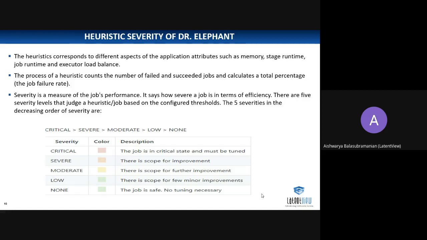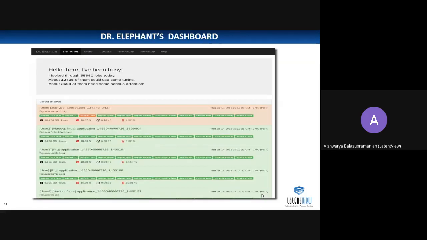If it goes below this, put it in this particular severity. You can also define severity as well as scoring. There are also some predefined scoring which is then done. You can override that also. So this is about heuristic severity of Dr. Elephant.